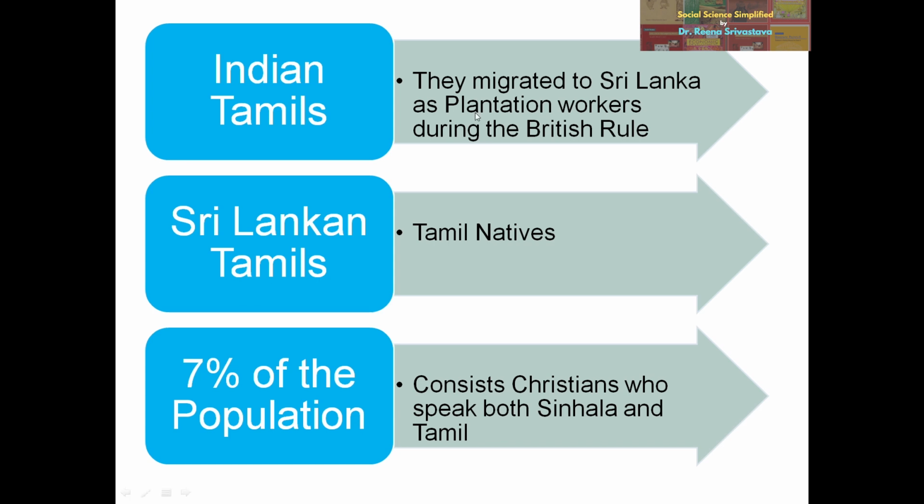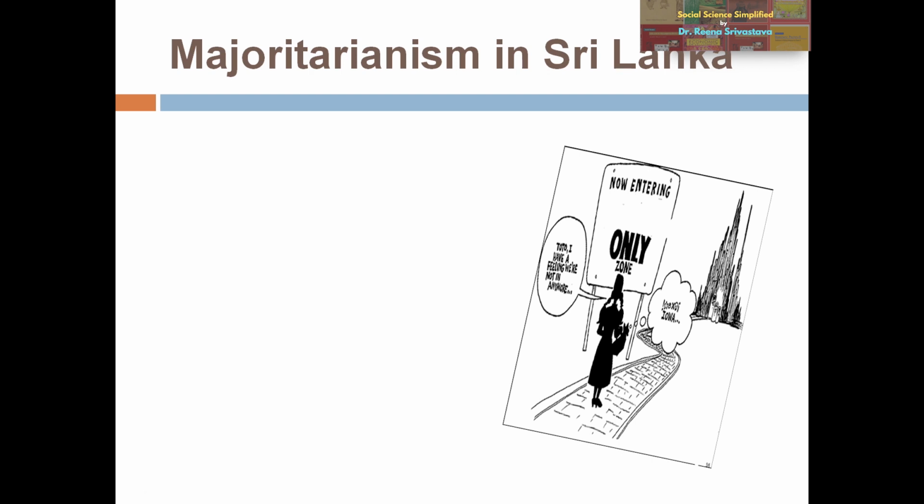And for your information, India was a British colony, so Sri Lanka was also a British colony. So they used to use resources from India in Sri Lanka. Then there were some native Sri Lankans who mixed and mingled with Indian Tamils, and they were known as the Sri Lankan Tamils, and 74% were the Sinhalas, the native people, and the rest were the Christians or the Muslims. So we'll talk about the Tamils and the Sinhalas